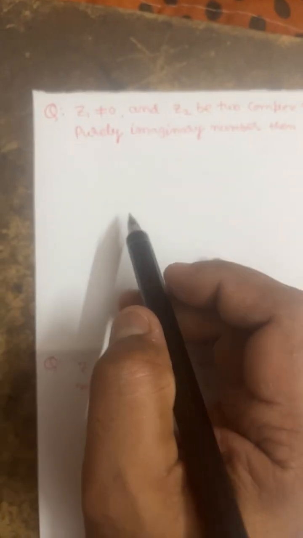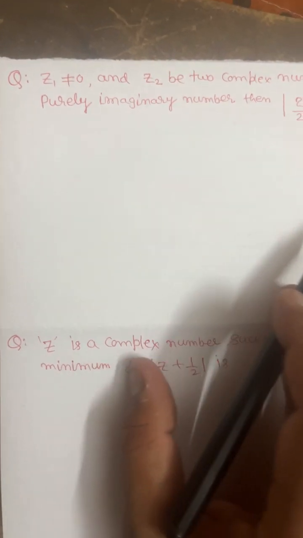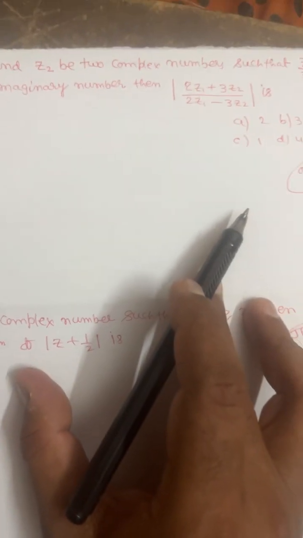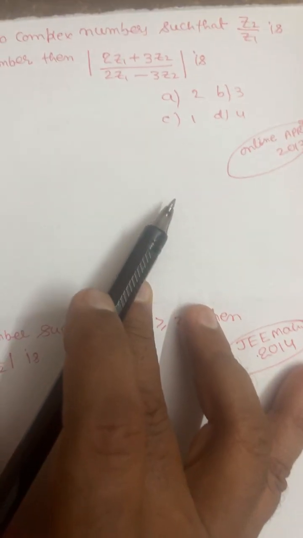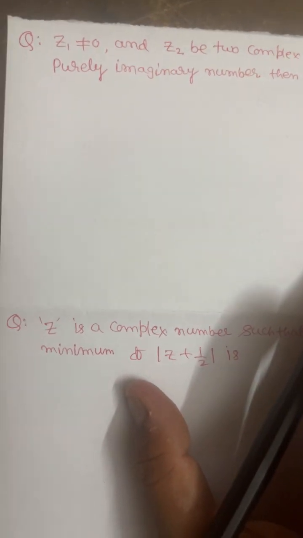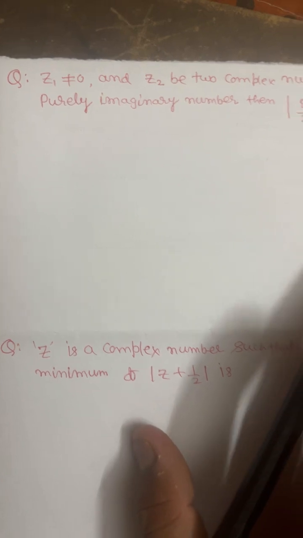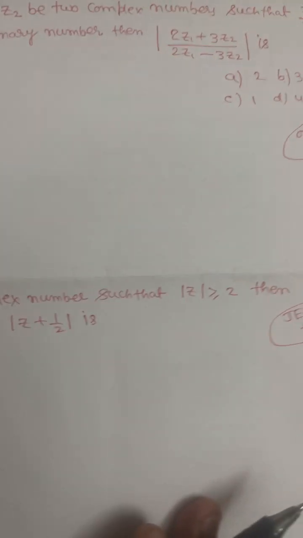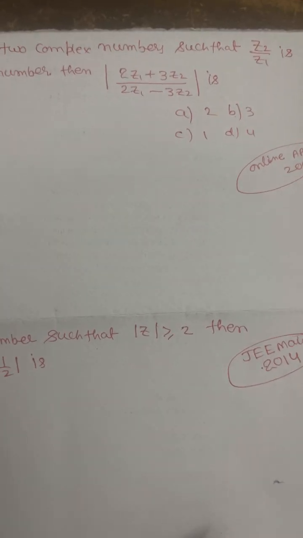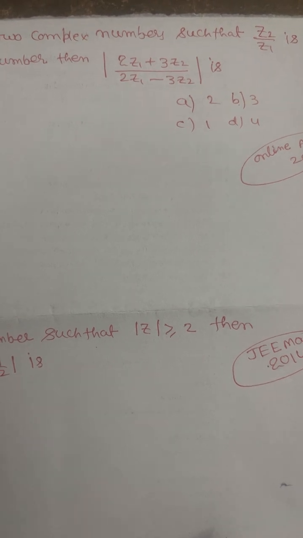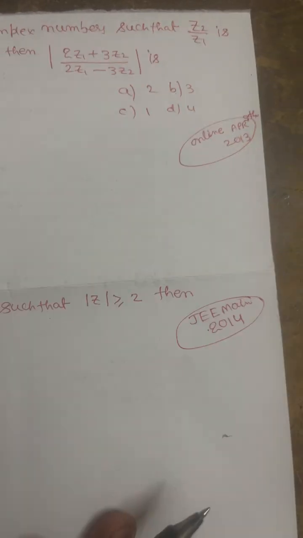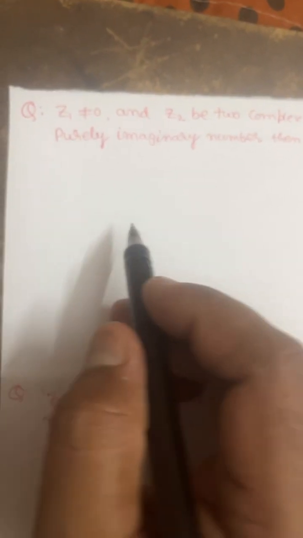So the next question. z1 is not equal to 0 and z2 be two complex numbers such that z2 by z1 is a purely imaginary number, then find the value of modulus of 2z1 plus 3z2 by 2z1 minus 3z2. So this is also an online previous JEE Mains question. So what we have to do is,